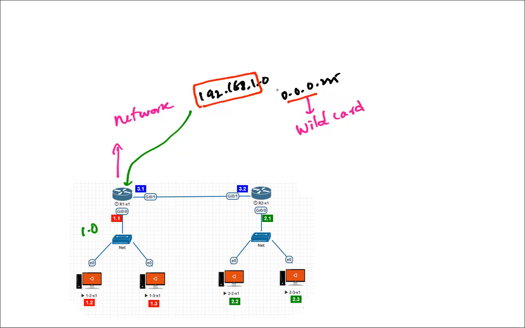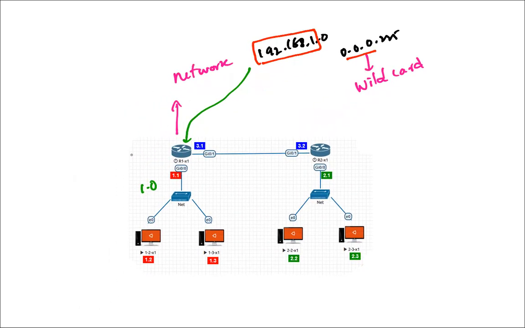Wherever you have 0, that is the focused portion, which means we are just trying to focus on the first 3 octets, 192.168.1. So now when I give this command, the router understands it like this: I'm saying to the router, enable OSPF on the network interface cards